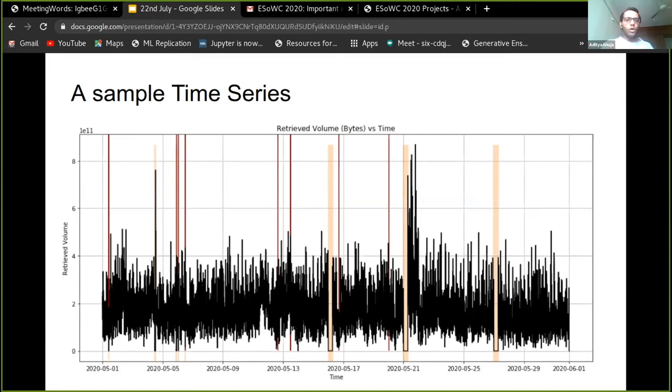Here we have a sample time series. After the aggregation, we have a time series for a specific variable. Here we have the time series for the retrieved volume versus time, for the month of May.